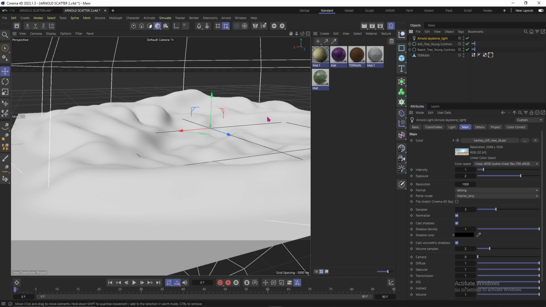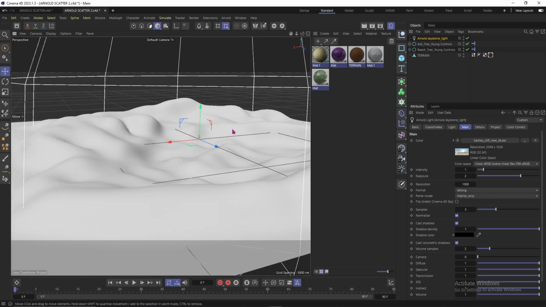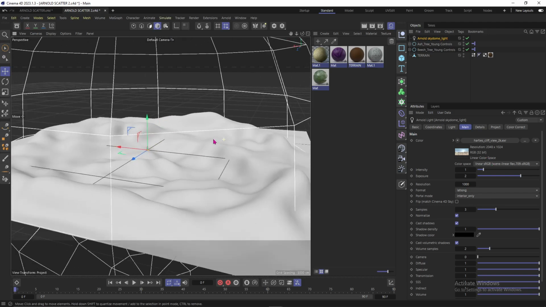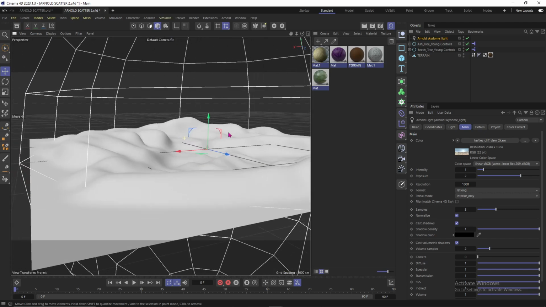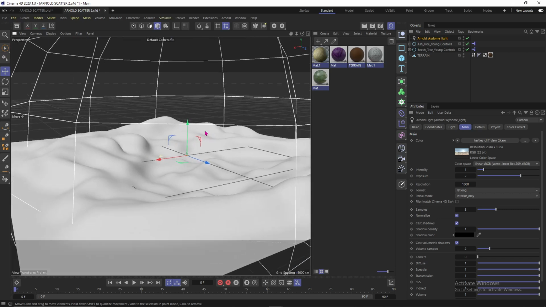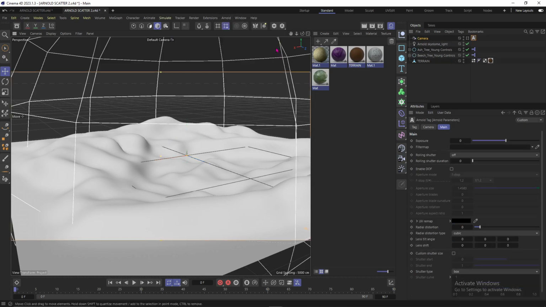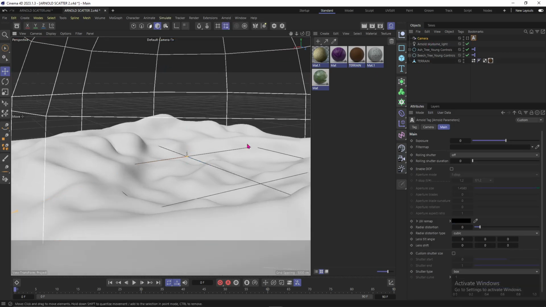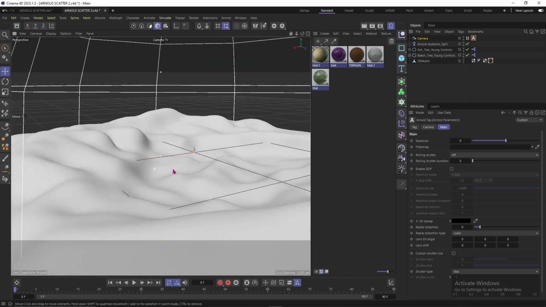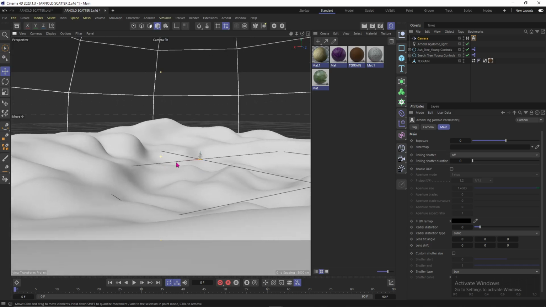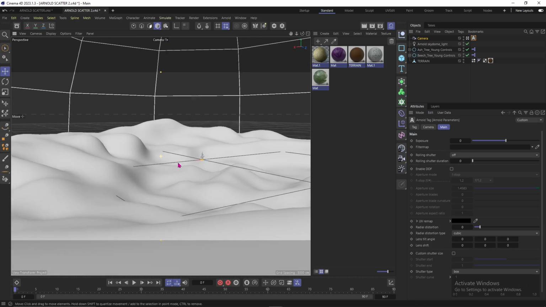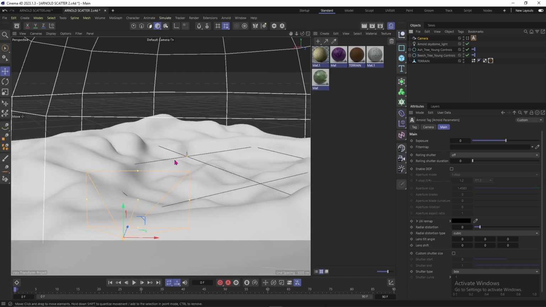So if you are new to Arnold, I'm going to create a series of tutorials introducing you to Arnold for Cinema 4D. So right here in my scene, I'm going to create a camera. So I'll come to Arnold camera, perspective camera, and I will look through my camera and position it so that it fits in my viewport. Come out of it,